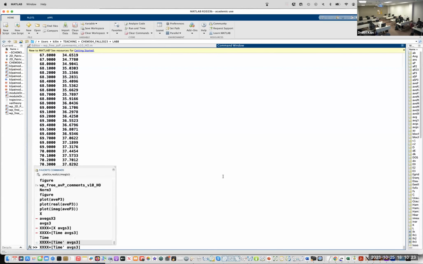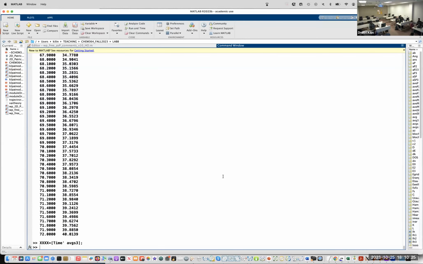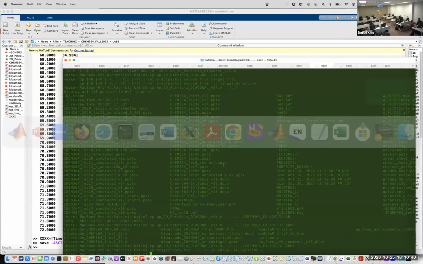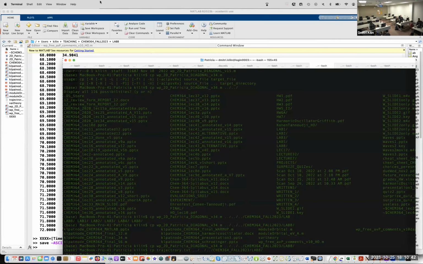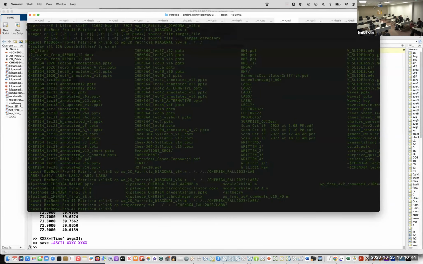Okay, so I defined X of t into a new variable, and now I can do save ascii, and somewhere else in the command line I can find this data.